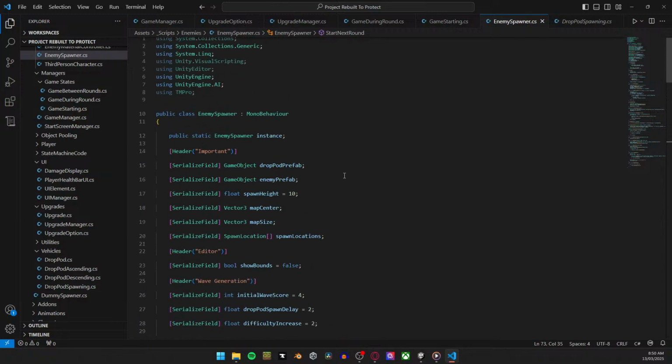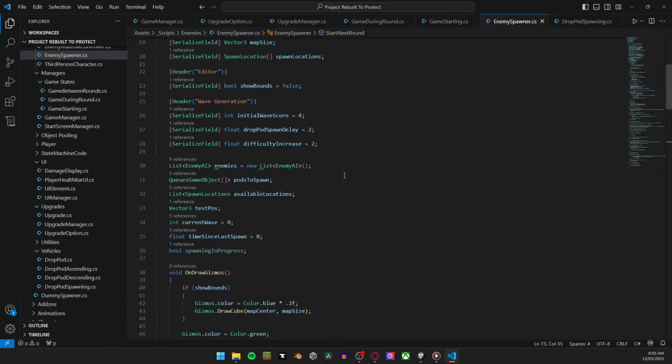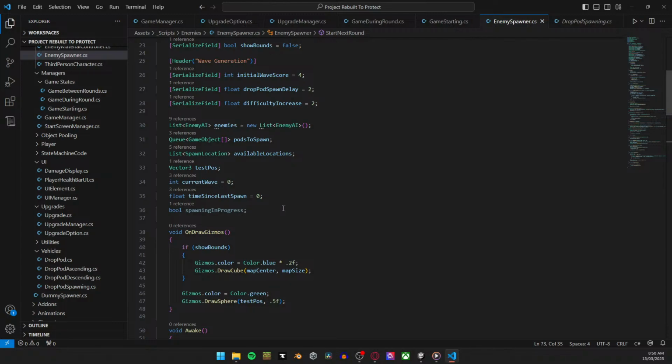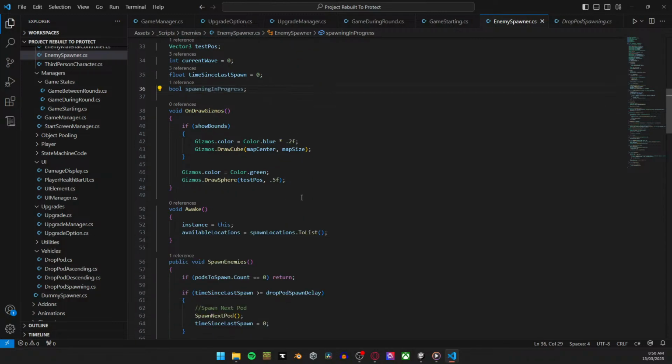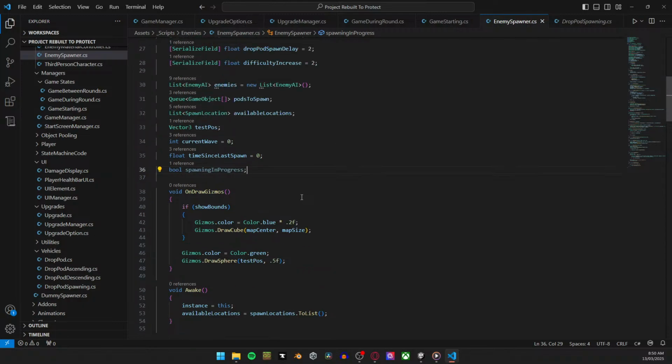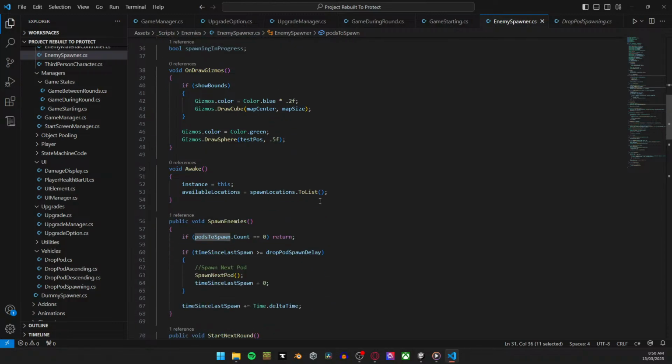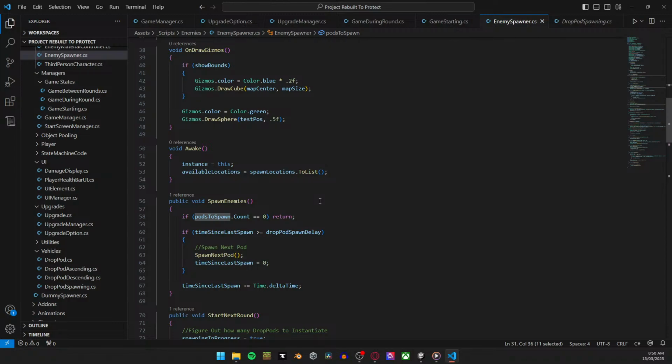Okay, alright, so pods to spawn. When that equals 0,